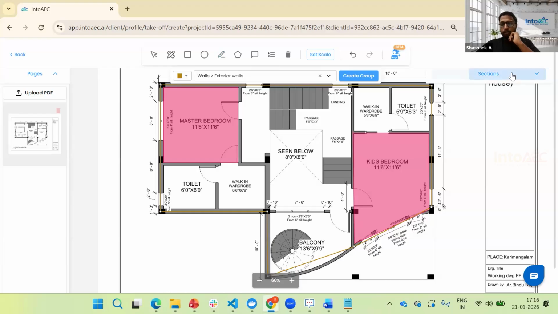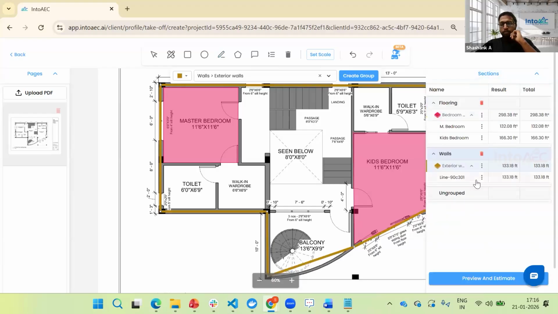So once you see this here, the measurement of the wall has been measured. I'll come to these particular curved areas at a later point of time. So this is, I'm just treating it as a wall. So this is about the length of the wall,